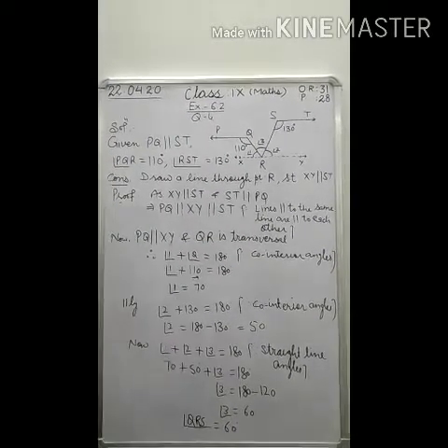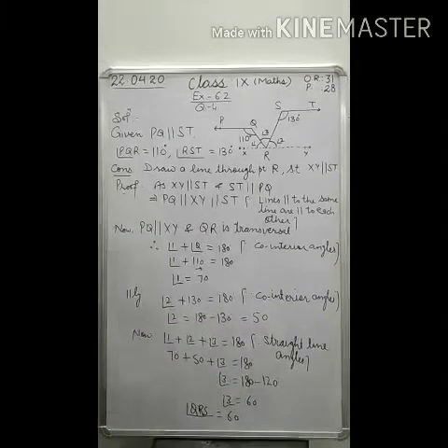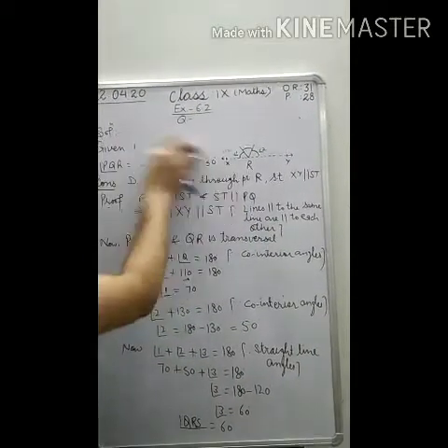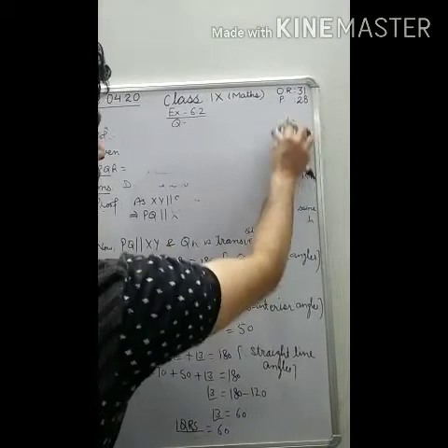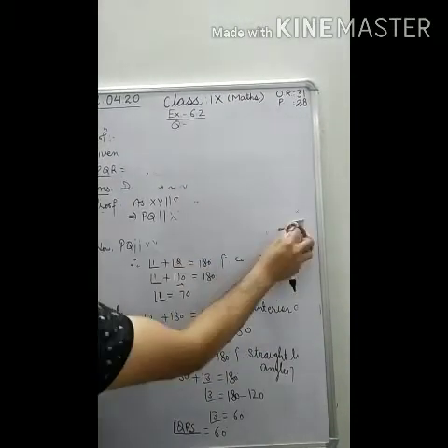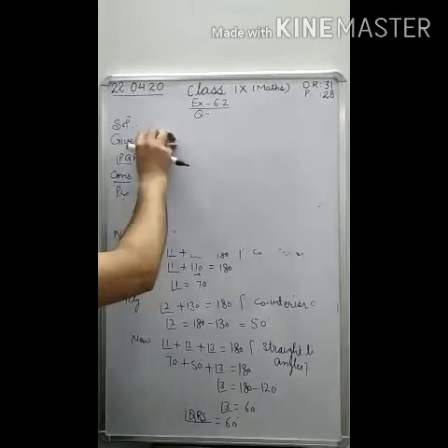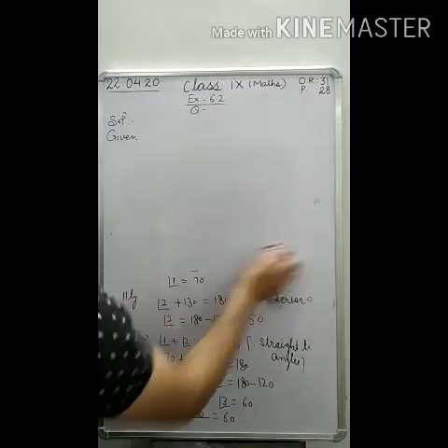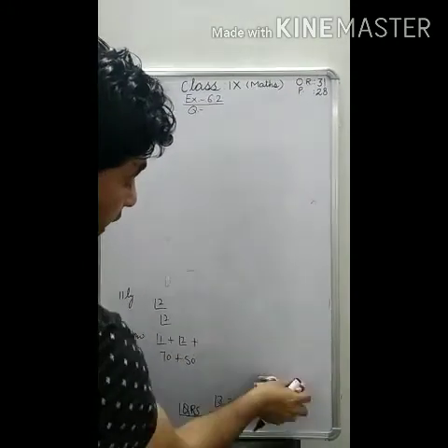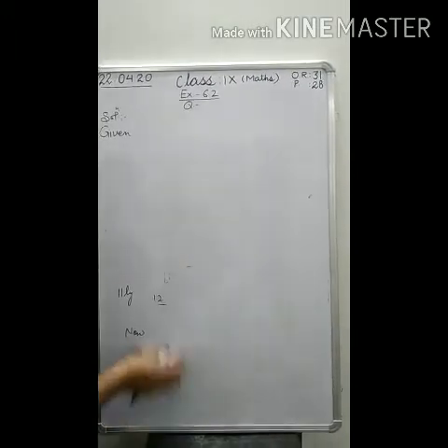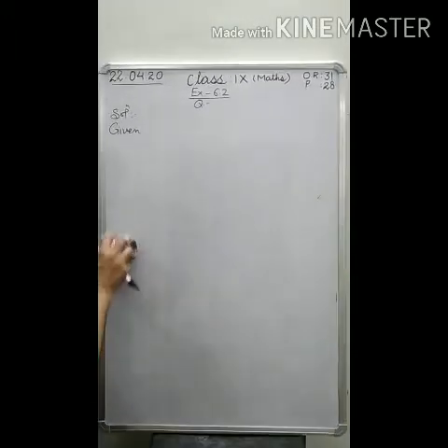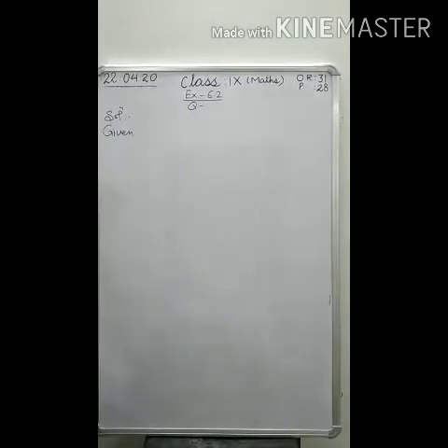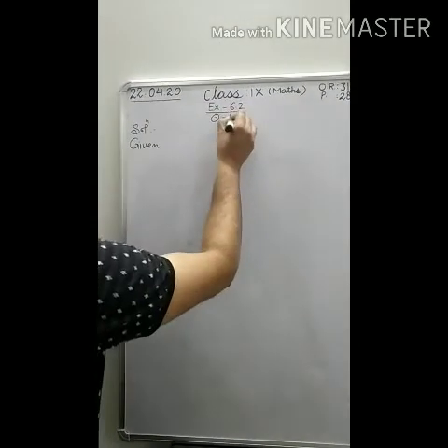Now let us move to question number 5. All of you should read the statement of this question. Make it fast. Read the statement, everyone. Students, as I told earlier also, to understand these questions in a better way, it is very important to see the first video of this chapter. In that video, I have explained the types of angles. If types of angles are clear in your mind, then nothing will be impossible or difficult in this chapter. So now let us start this question number 5.